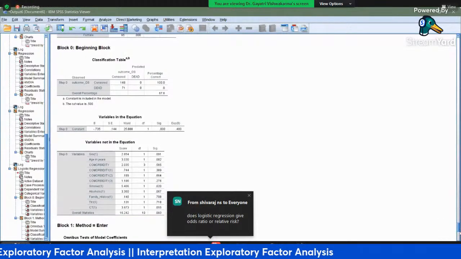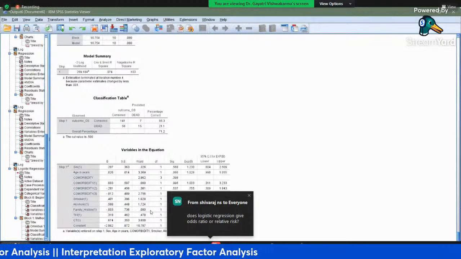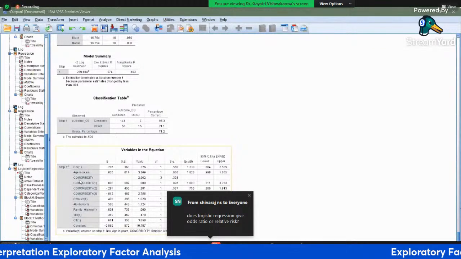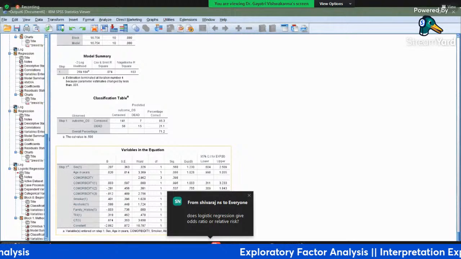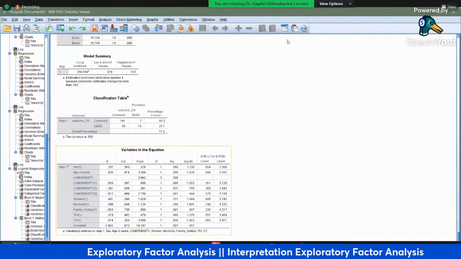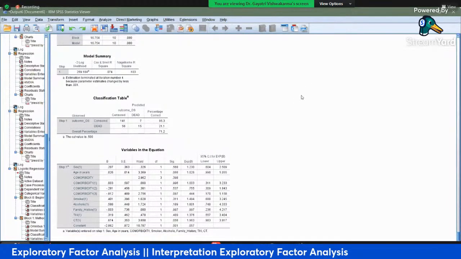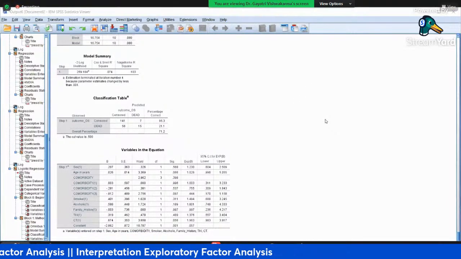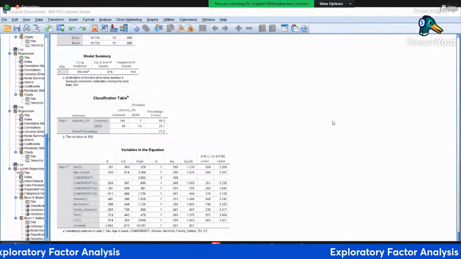So let's go down in the enter method. Variables in the equation, when we put everything in, these are the significant values we are getting. And then exp beta, what is exp beta? With logistic regression, we get the odds ratio, not the relative risk. What is the difference between odds ratio and relative risk?